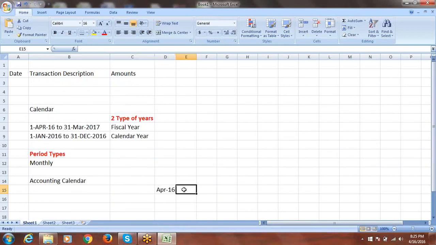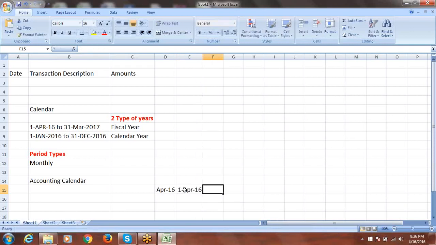Okay, we'll give the period name as April 16, and for this we'll be giving the date range, when it starts and when it ends. That date range will be given. So say when April starts, from 1st April 2016, and this ends on the 30th April 2016,